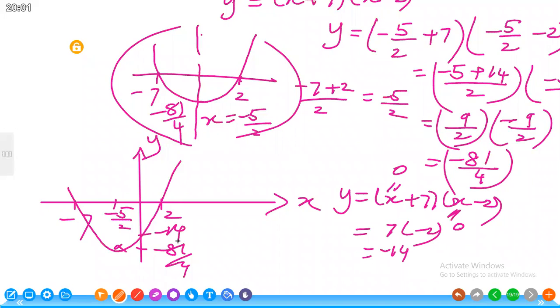Here is a rough sketch, right? You don't need to mark all the points on this graph. You have to just mark the two points where the graph cuts the x-axis, the y-axis intercept also, the equation of the axis of symmetry and the coordinates of the turning point. These points are enough, right? Okay. Now students, let us do exercise question 12.4.